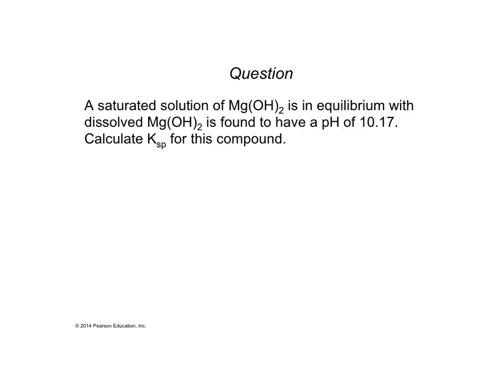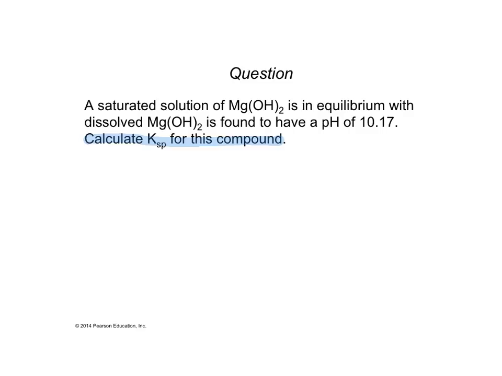Okay, so why don't you go ahead and give this question a try. It's very similar, right? We're dealing with a common ion effect, but now we're going to the concept of pH with respect to the common ion. So we want to know the KSP for this compound. So we have magnesium hydroxide,